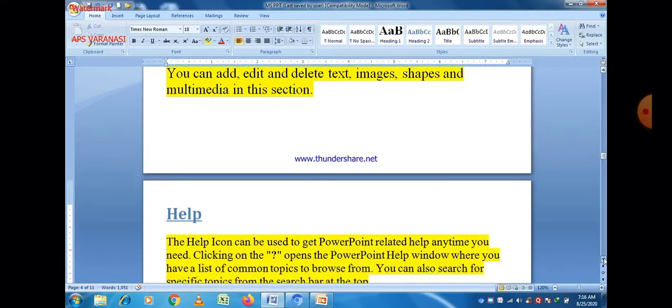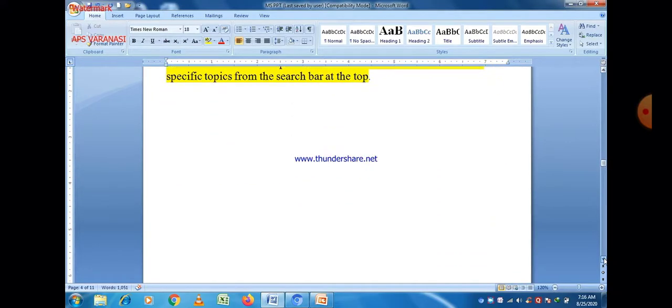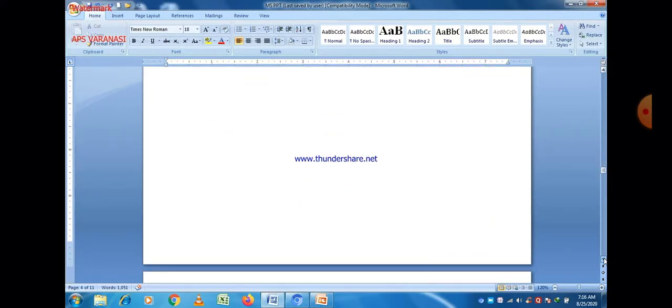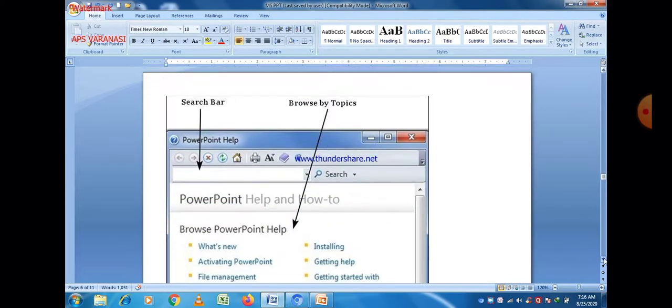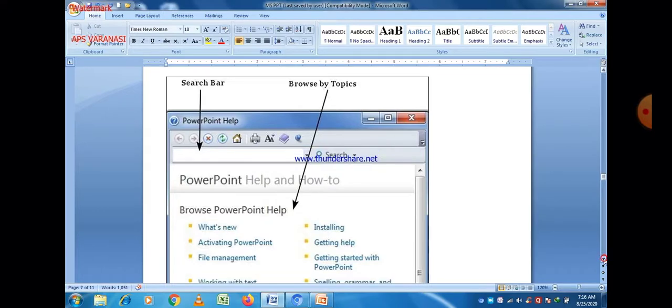These are the different options provided by help: What's new, activating PowerPoint, getting help, file management, getting started in PowerPoint.